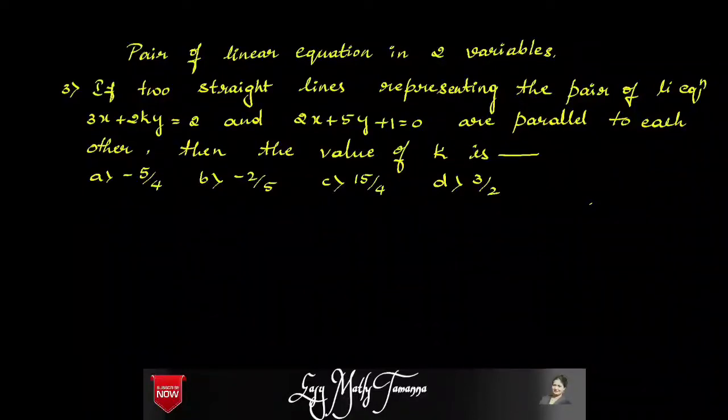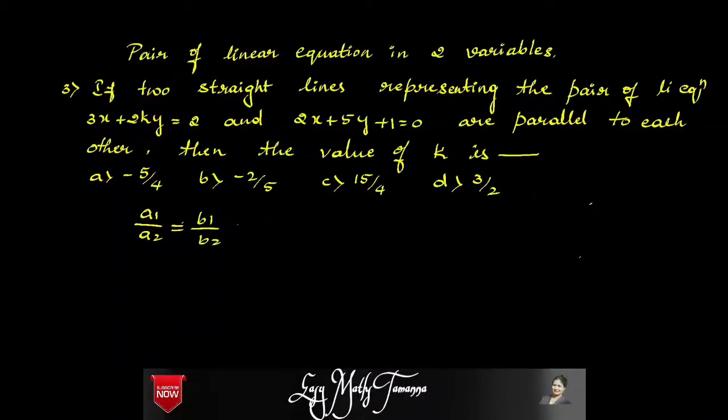This question is also solved on the basis of the ratios given. You know that some of the ratios are given. For parallel lines, a1 by a2 is equal to b1 by b2 and is not equal to c1 by c2. This is the ratio condition for parallel lines. So on the basis of the two equations,